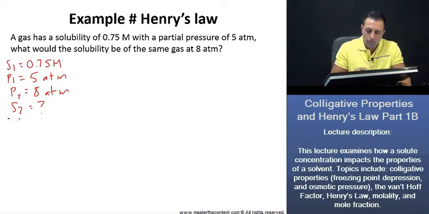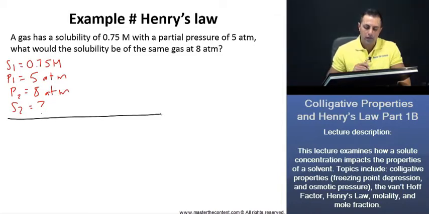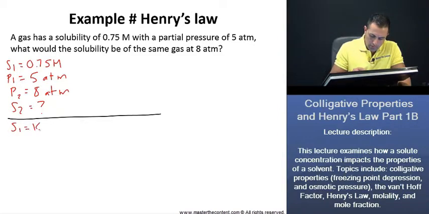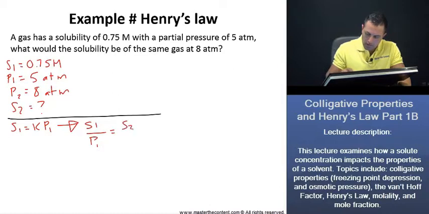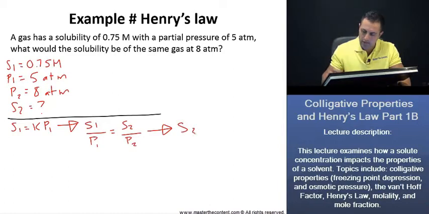Wonderful. Now, this problem here is fairly simple. It just requires a little bit of equation manipulation. Beginning here with our equation that we just introduced to find the solubility, because our gas is going to be the same gas at 8 atmospheres, we can use the following equation, where we just take our solubility over the pressure, which is equal to the solubility at our second pressure. Now if we just isolate for the value that we need, that being the solubility at 8 atmospheres,